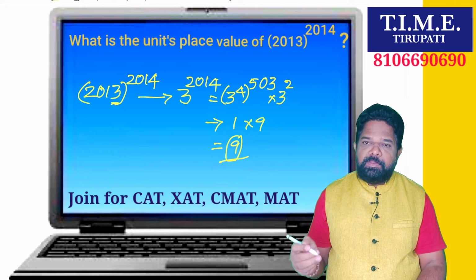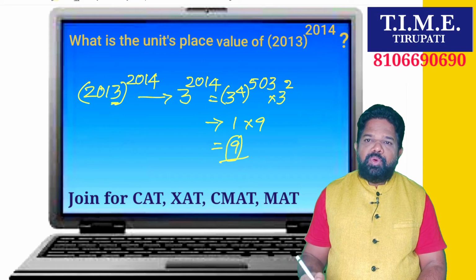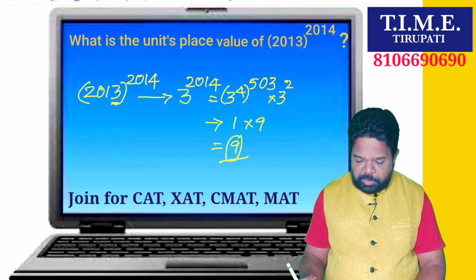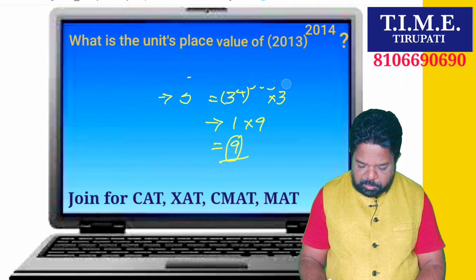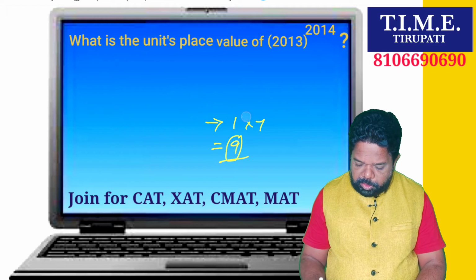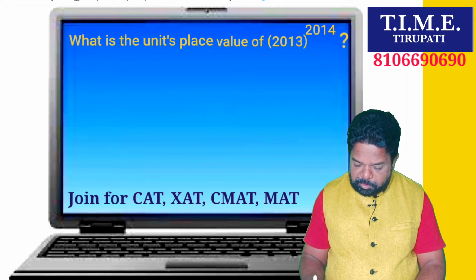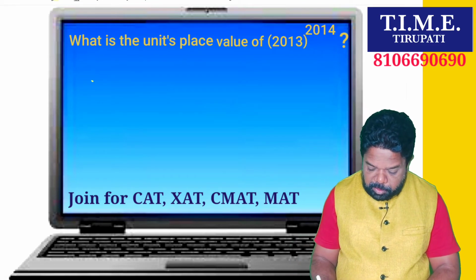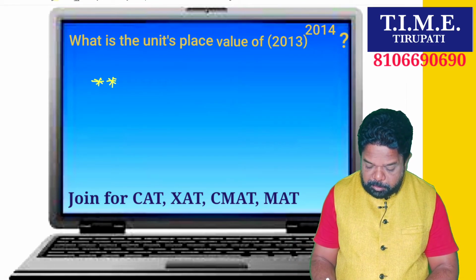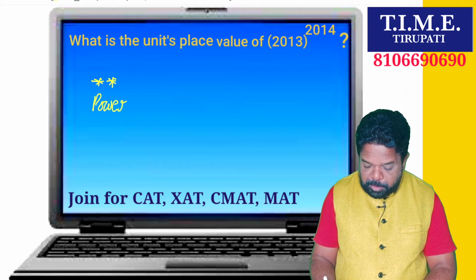But there is one simple shortcut approach, you can do it in seconds, and without doing this whole procedure you can get the answer in a single step. What is that logic? That also I will explain. But you have to keep this point in mind: directly observe the power, how much power is there. That power is always divided by 4.